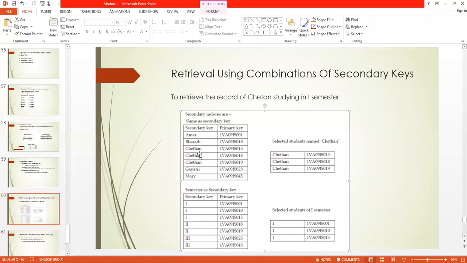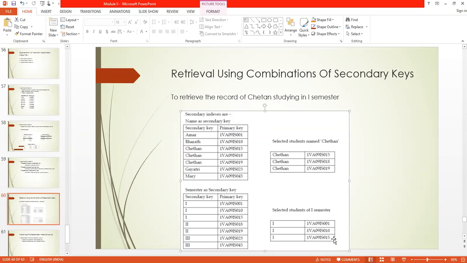I retrieve this Chetan's position using the primary key and go to the secondary key and access this. So all of Chetan's records are present here, and first semester records will be present here. By comparing, you can know that IS15 is the USN which is matched.